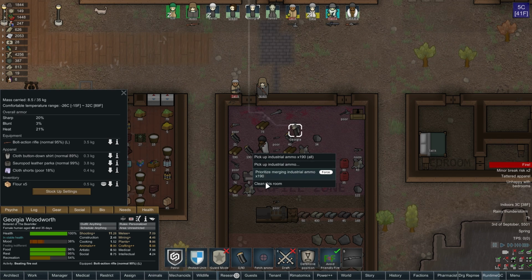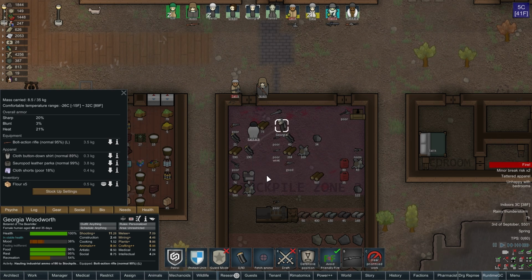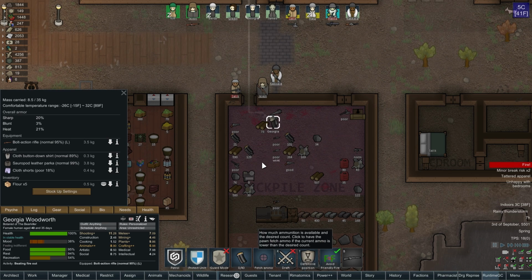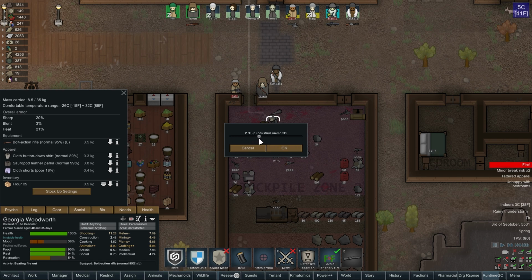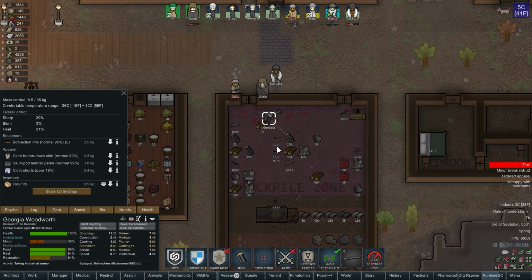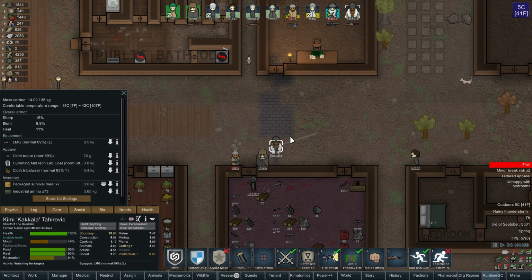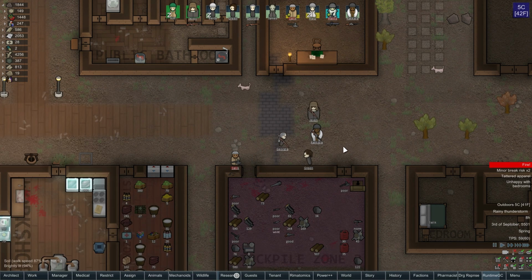Can I tell you to... Will you merge? Will you automatically pick it up? 0 out of 40. We did not get any. Let's pick up 40 ammo manually, since you're being a little bit of a pain in the butt right now. Okay, cool. You got ammunition. So here's our rifle squad, right? Jackson, Kakala,